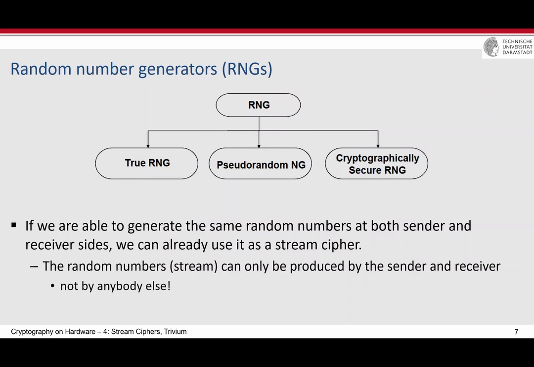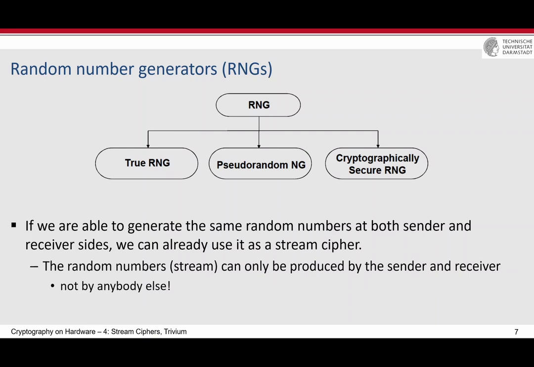That means not all of them can be used as a stream cipher, but some of them you can use for other applications. You should know that random numbers play a very important role in cryptography, for protocols for example. If somebody wants to communicate with another party, some protocols need random numbers to be generated at both sides, but completely independent of each other. They should not be the same random. For example, the Diffie-Hellman key exchange protocol that you have learned. You need to generate random numbers, and TRNGs and PRNGs are good enough for those purposes,